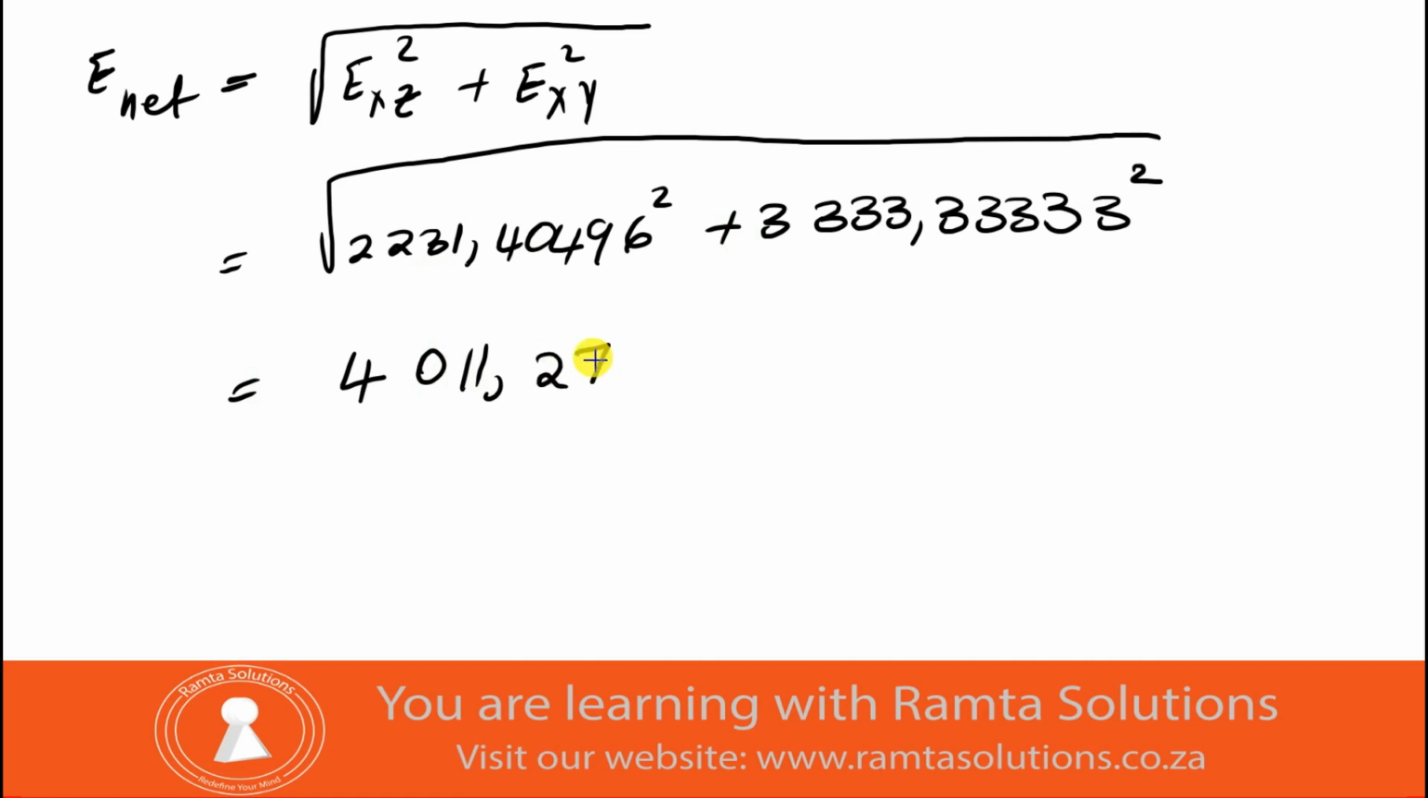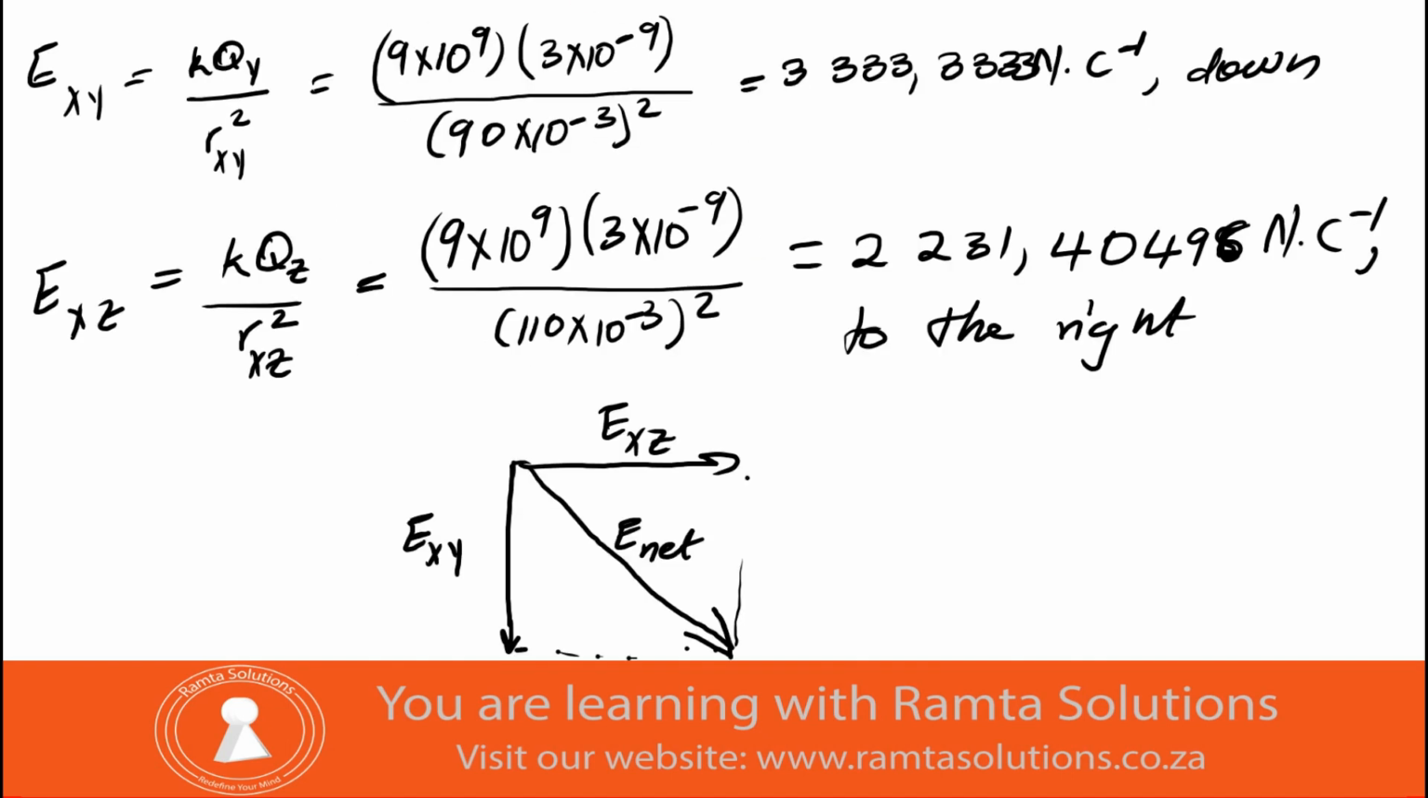4011,27, right? It's 4011,27 Newton per Coulomb, right? Isn't it? That is it. Yeah, that is it. Now,